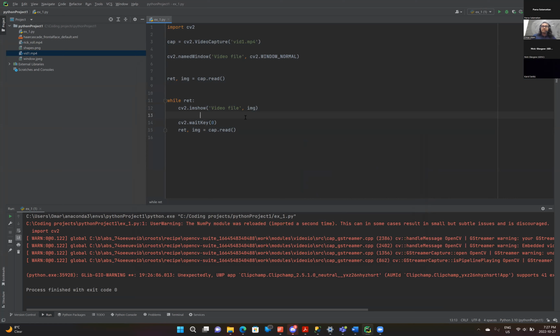All right, so people were able to get to this checkpoint. That's great. And if you weren't able to get here, that's fine too. Let us know in the chat if you have any issues. And so that was a very basic example of reading something from a file and displaying it in a window